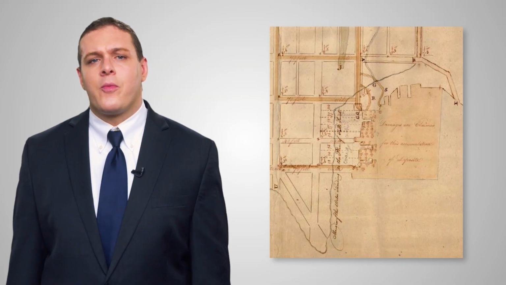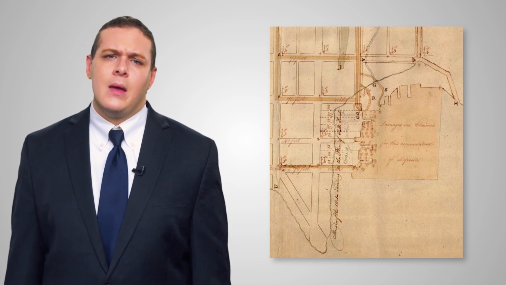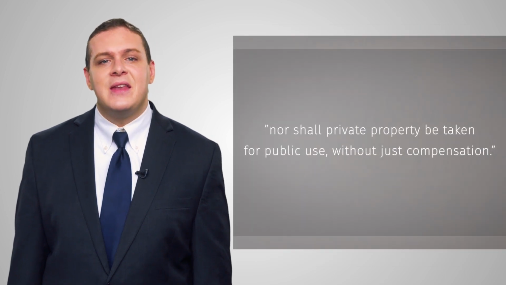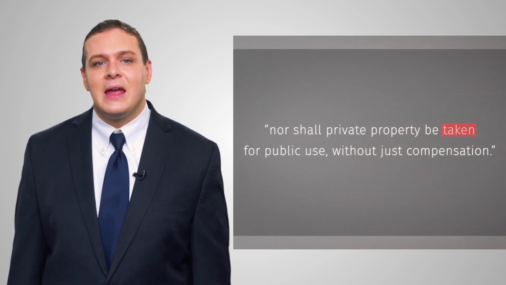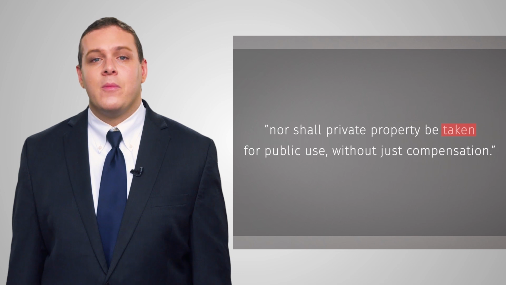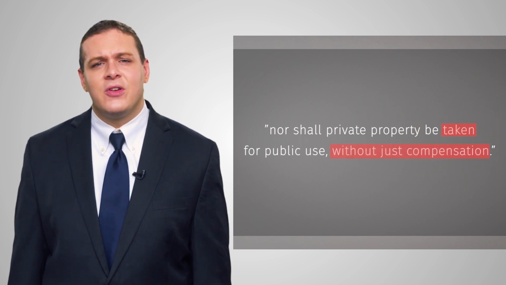John Barron owned a profitable wharf in Baltimore Harbor. During street construction, the City of Baltimore diverted the flow of streams, which created mounds of sand and earth near his wharf. As a result, the water became too shallow for most vessels to dock. Barron sued the mayor of Baltimore for damages. He claimed that the city's actions constituted a taking of private property for public use without just compensation under the